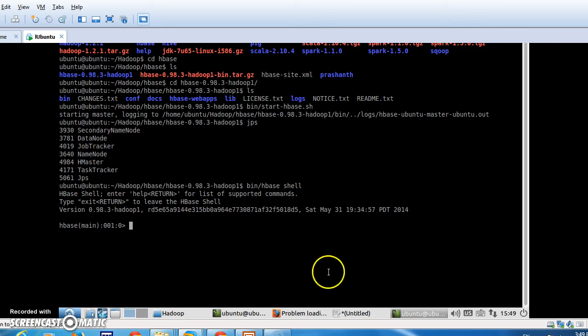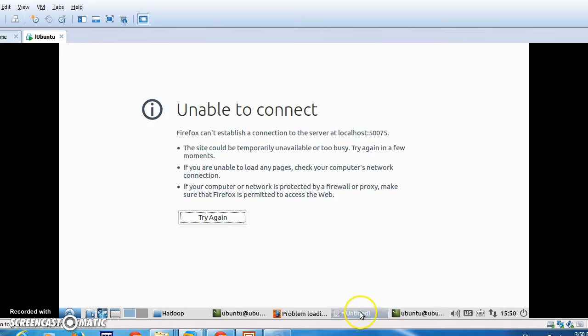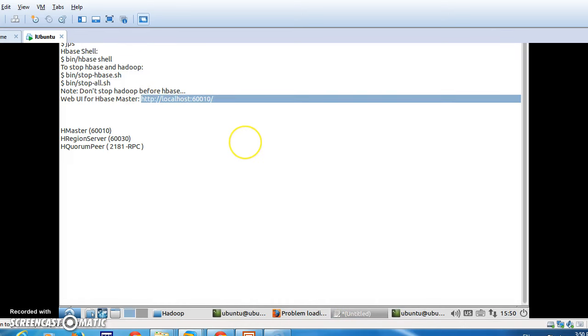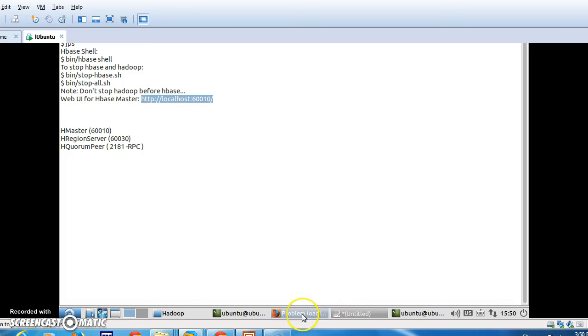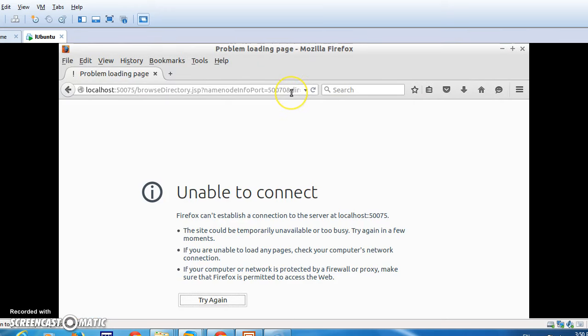Before that, let's see whether the HBase is started or not. To know that, we have to go to port number 60010, where HBase is going to start.